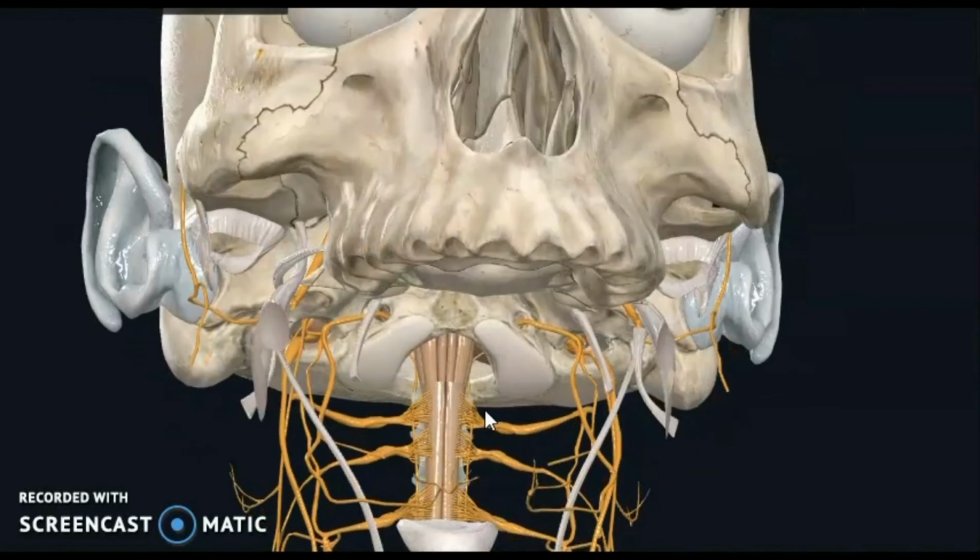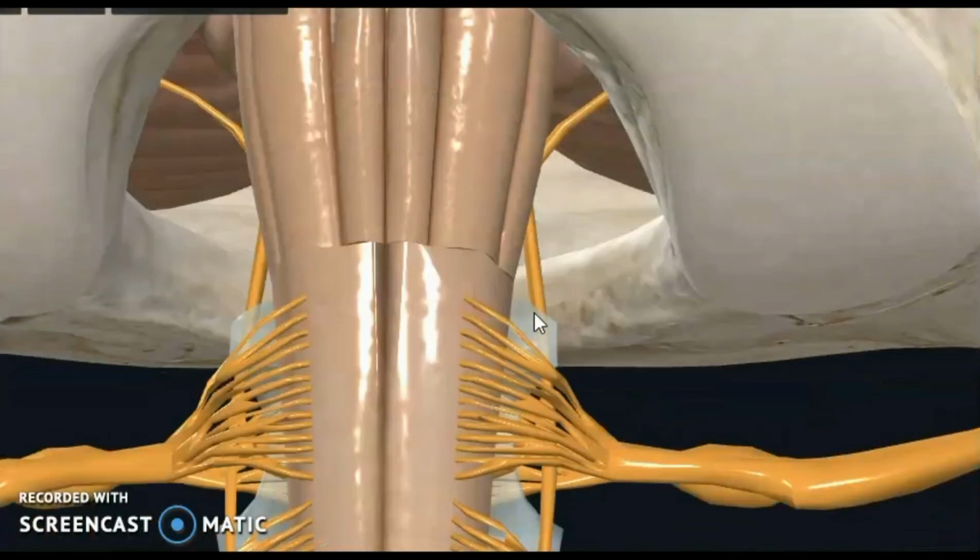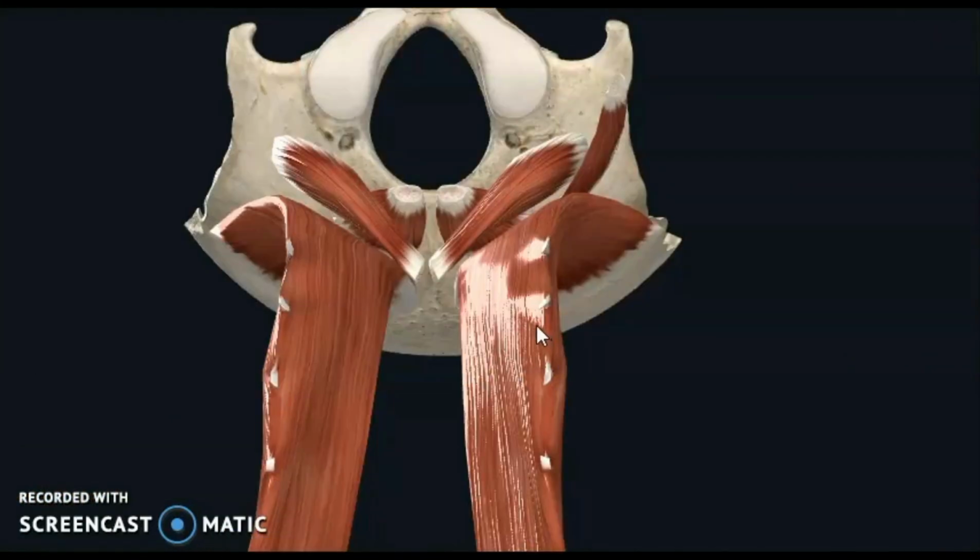A bulb-like structure which will continue as the spinal cord, and one more structure passes through the foramen magnum from below, that is the accessory nerve, the spinal part of the accessory nerve. It enters the skull via the foramen magnum, but it exits the skull via the jugular foramen that we have discussed just now. And coming to the attachments, between the superior and inferior nuchal lines, medially semispinalis capitis, laterally obliquus capitis superior,